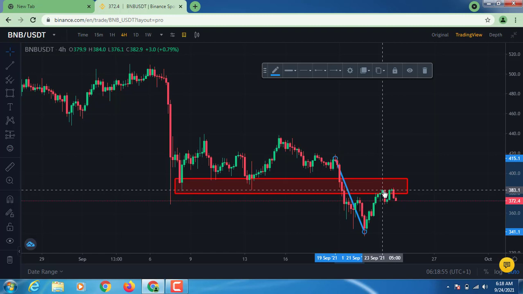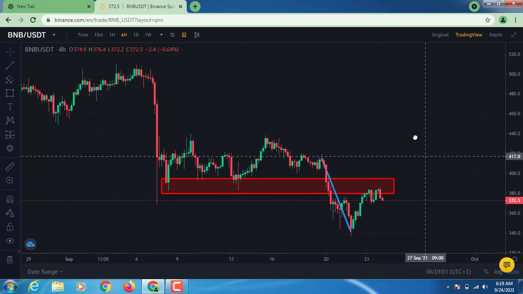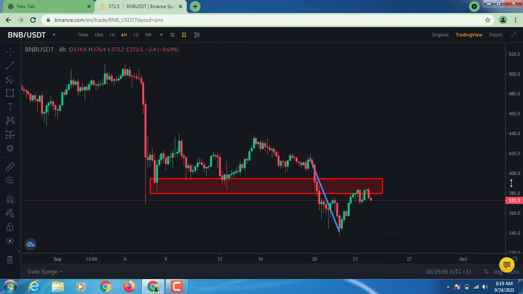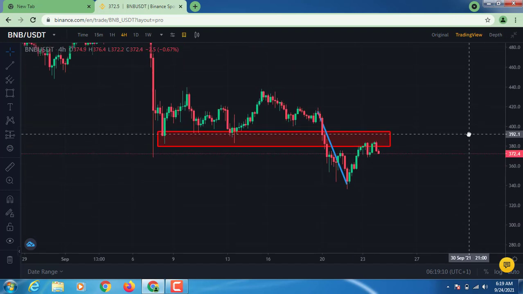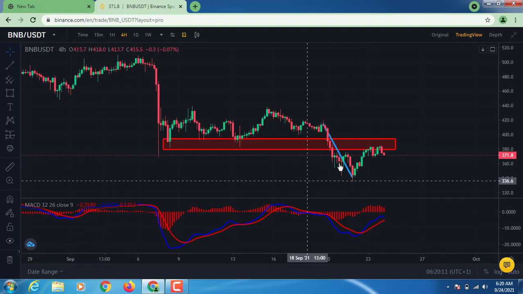If you use your Fibonacci to spot this, you see this is at 50% retracement, and the market has to retrace back down again. Now if you look at it very well, right on this very chart, I gave a signal in my VIP signal group. If I put the MACD right there on my chart,